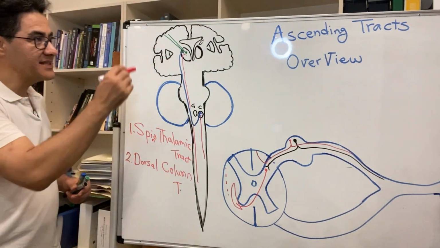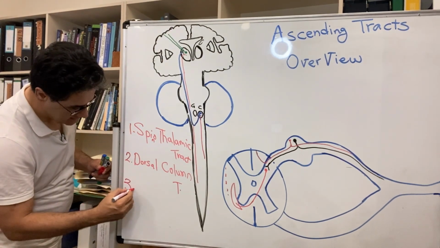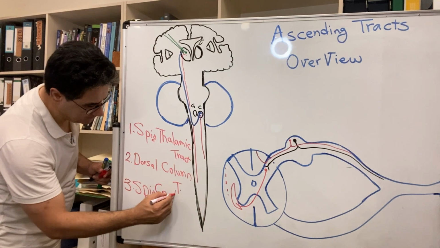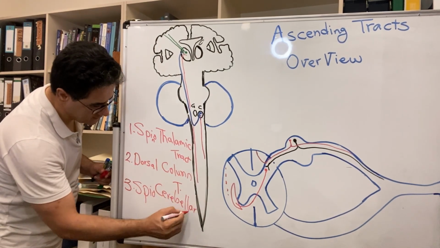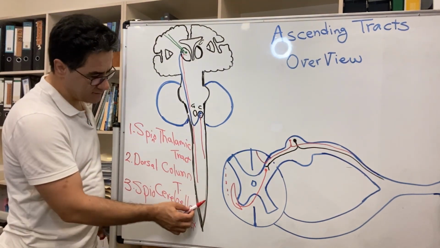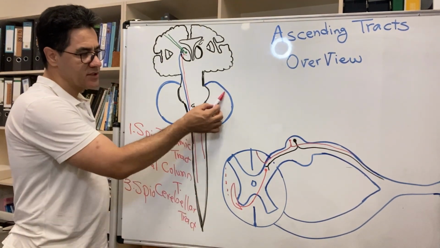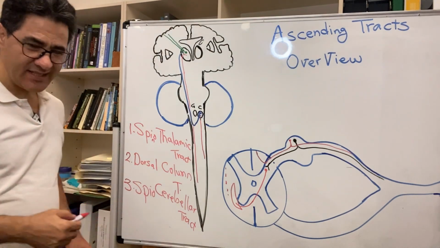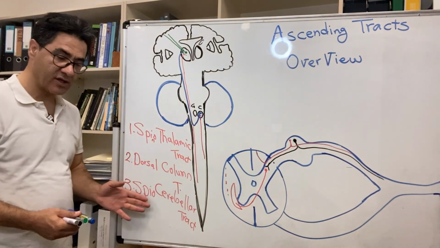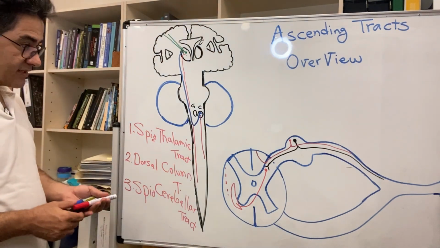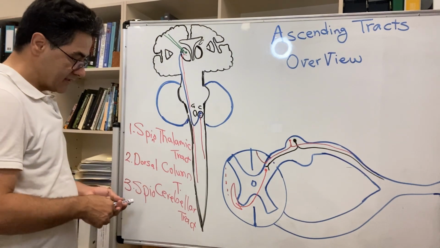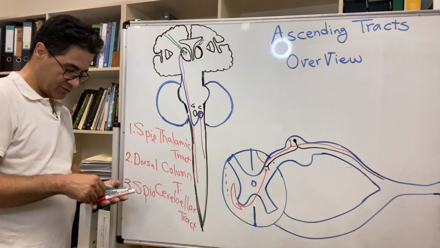So the third ascending tract is the spinocerebellar tract. As its name implies, it starts at the level of the spinal cord and gets into the cerebellum. Where is the cell body of the first, second, and third order neuron, and what is the function of the spinocerebellar tract? As I mentioned before for these two previous tracts,